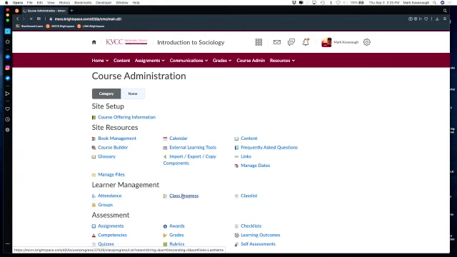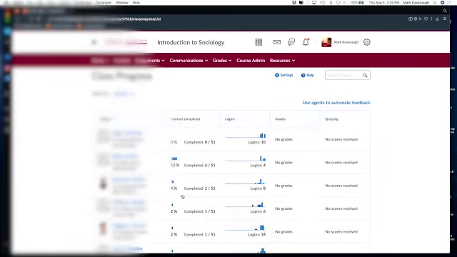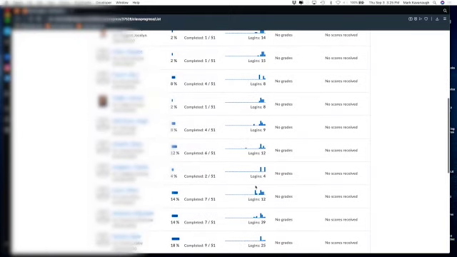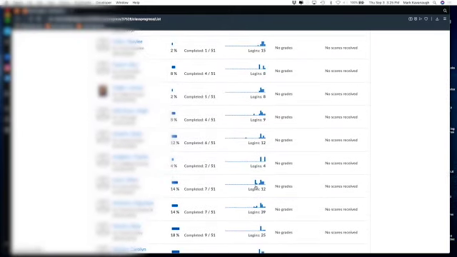Now, what this does is it first brings you to a landing page that gives you some basic stats on all of your students. Your students are listed down the left-hand side, their name and their user number and that kind of information, and then the content they've completed in terms of each one of the modules that you put in your class, how many times they've logged in, what their grades look like, quizzing. Not quite sure what that's going to look like yet. We're in day 4 of the classes, so none of this has become due. And then you can actually scroll to a specific student